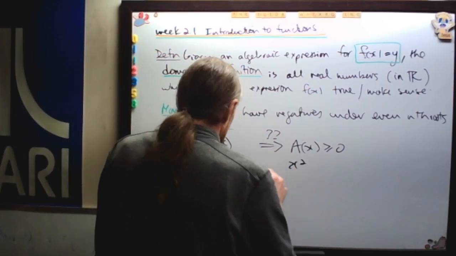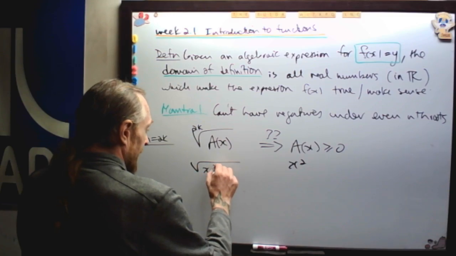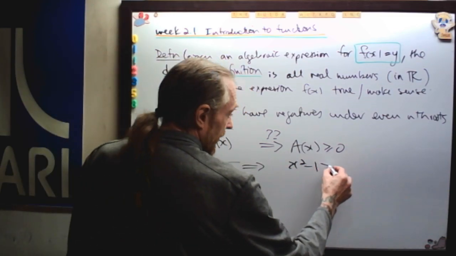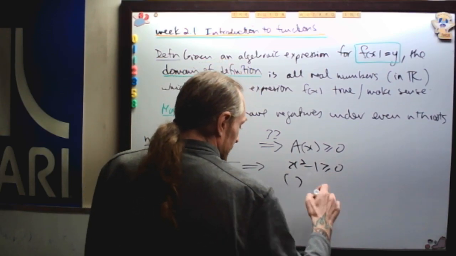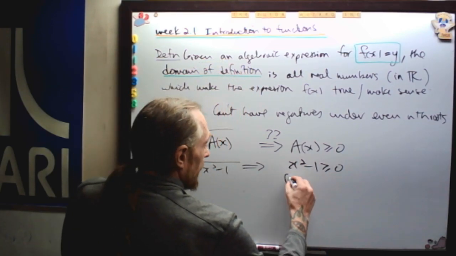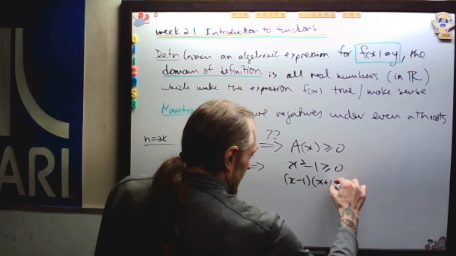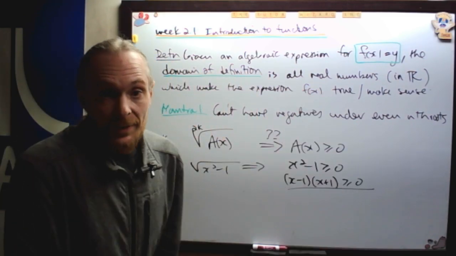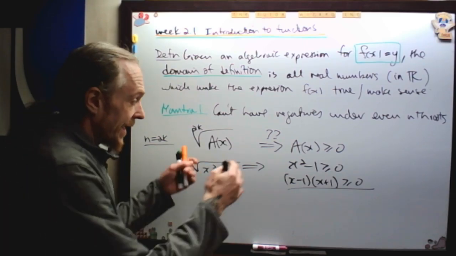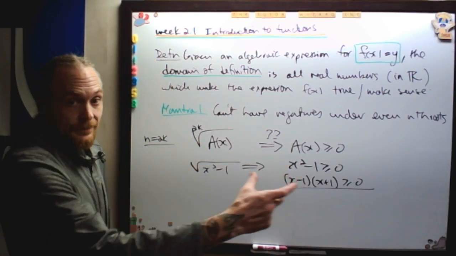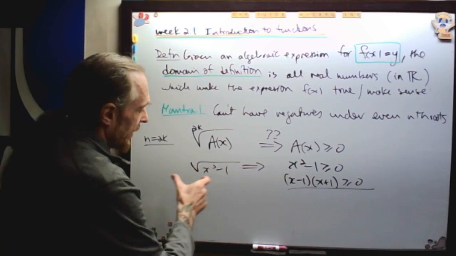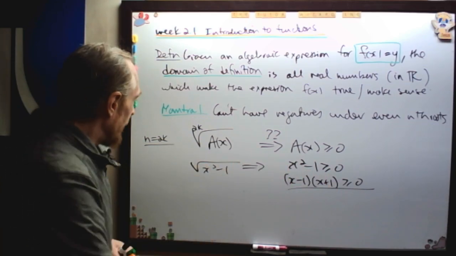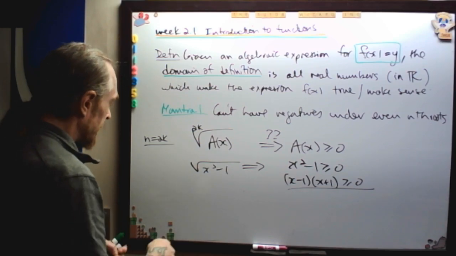As an example, if this was the square root of x squared minus 1, we immediately see that x squared minus 1 has to be greater than or equal to 0. What we do is we split it, like I showed you in the previous lectures. We split this into its linear terms and find out when that makes sense, and then that's what will make sense for your domain. Check this first. It will give you intervals. We'll do an example in a second, but check this first. It'll give you intervals, and then after we do that, we do mantra 2, which is